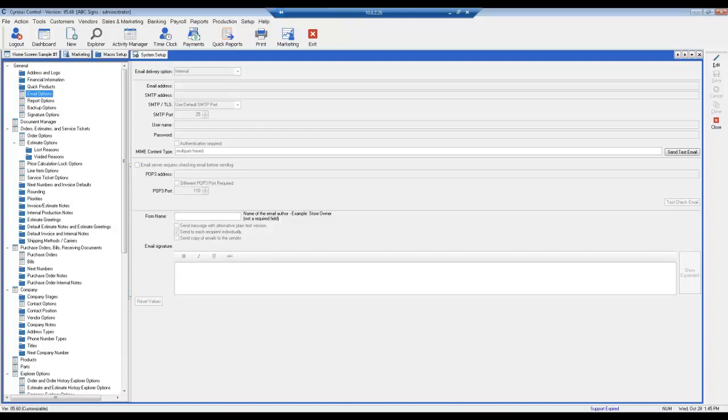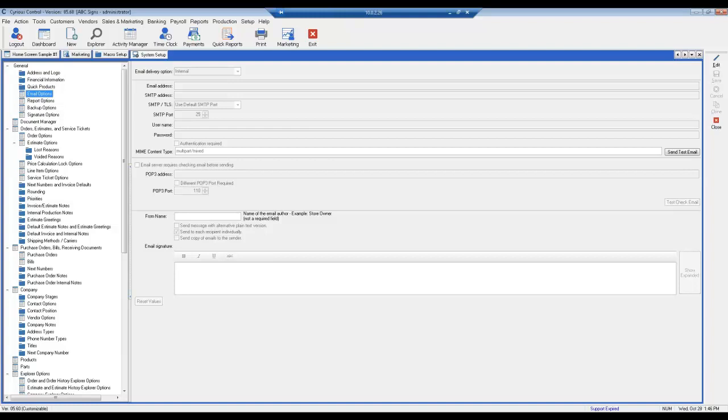So what you could do is create a UDF on the company record, that you can update yourself and say when the invoice was sent, and then you could run a query that looks at that particular UDF and says, here are all the invoices this week that have this particular UDF for invoice sent, and send yourself or whoever you want a report of all those particular